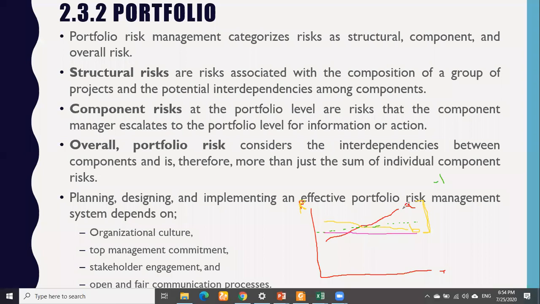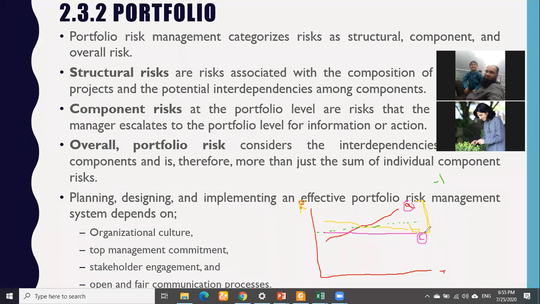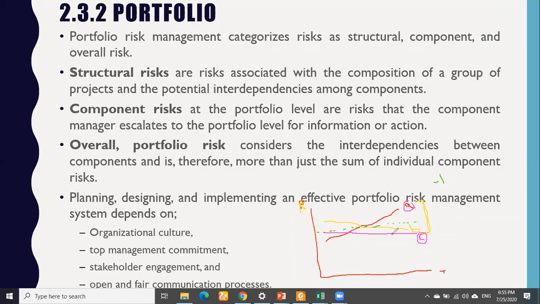and you can see, let me take this as a C. You can see the relationship with A and C is, once again, negative, but it does not have the same level of change. The level of change in A is greater than the level of change in C. So definitely this kind of relationship of A and C will bring change to the portfolio reward or portfolio returns as well.